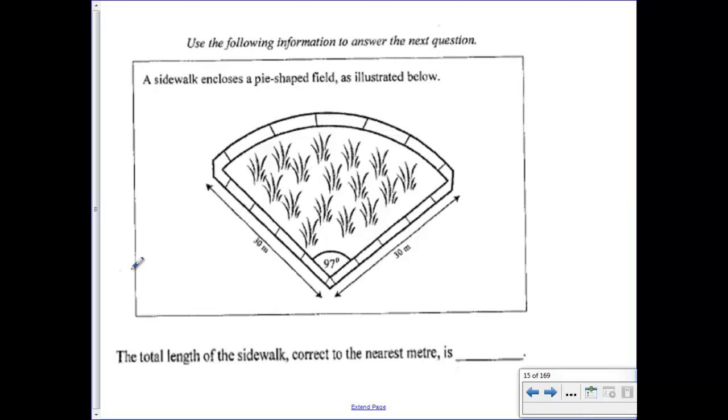So you've got this field, and this field right here has 30 meters on this side here, 30 meters on this side here, and we're going to look for the distance around the back and add those 3 distances. So really our answer is going to be 30 plus 30 plus question mark,